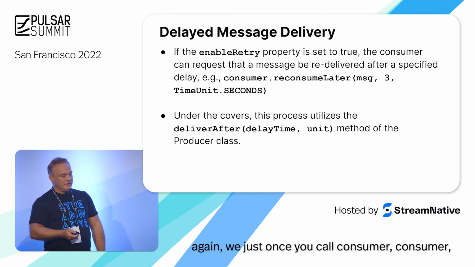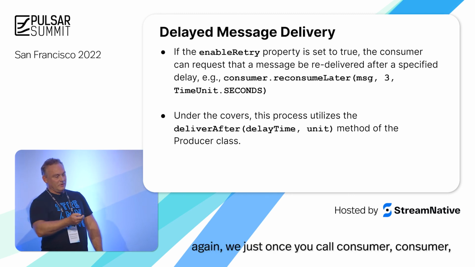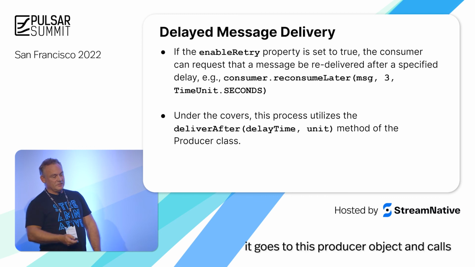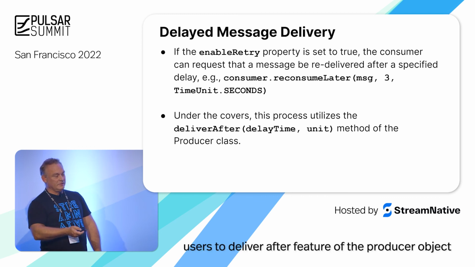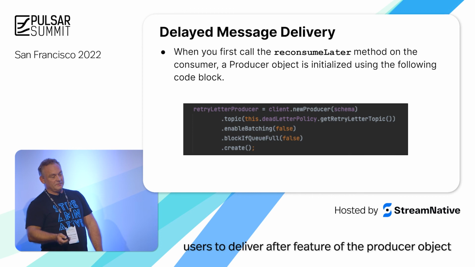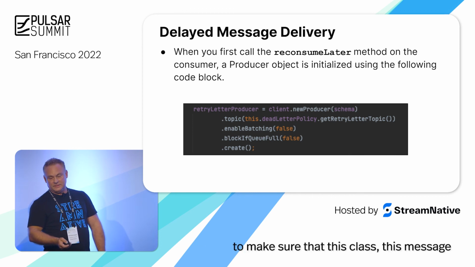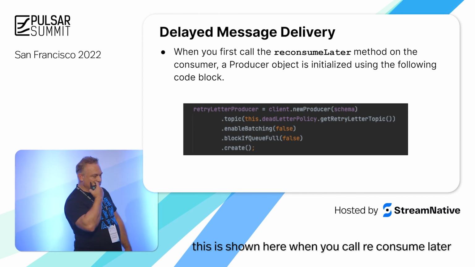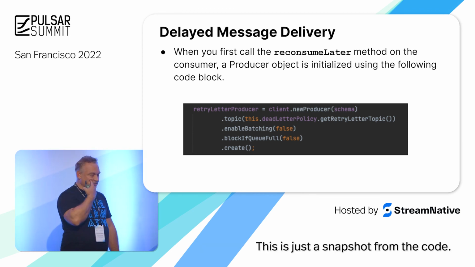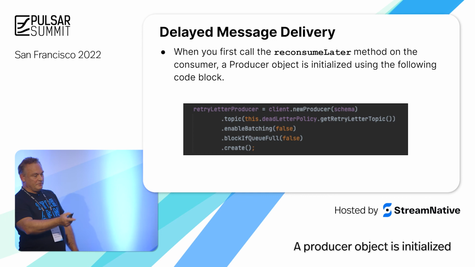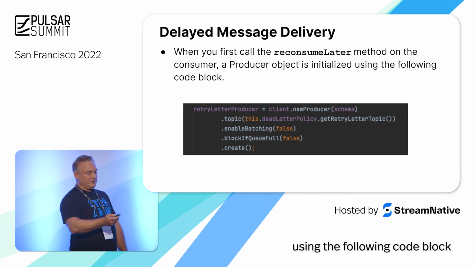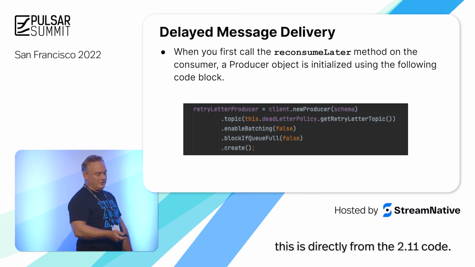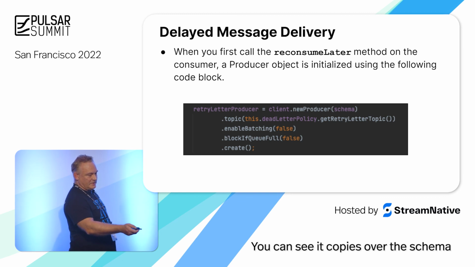So under the covers, once you call the consumer, it goes to this producer object and uses the deliverAfter feature of the producer object to make sure that this message gets delivered. This is shown here. When you call the reconsumeLater method on the consumer, this is just a snapshot from the code. A producer object is initialized using the following code block. This is directly from the 2.11 code. You can see it copies over the schema,